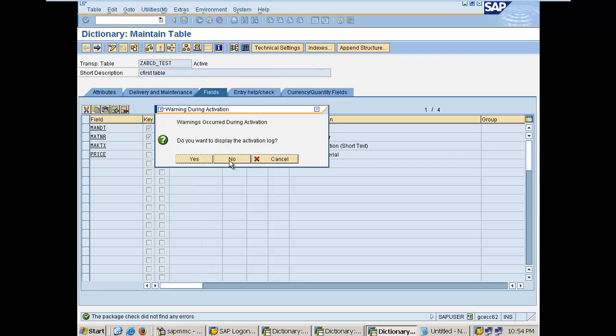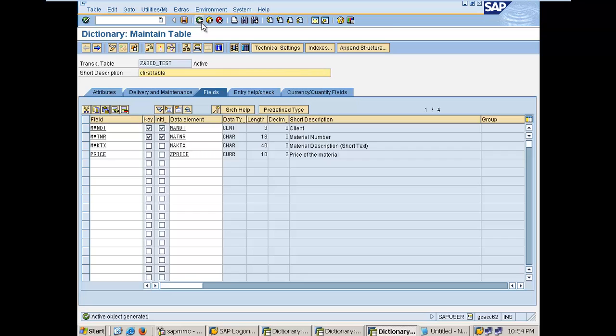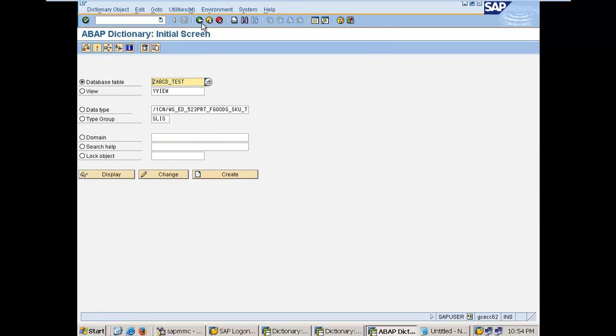So for today, just try to practice these few concepts. I would say that we have already covered 60 to 70, maybe 75% of the data dictionary concepts. Lock object and search help are pending. Lock object we will create maybe tomorrow, when we create a report and try to update a table from that report. Domain, you know these things already. Okay, now